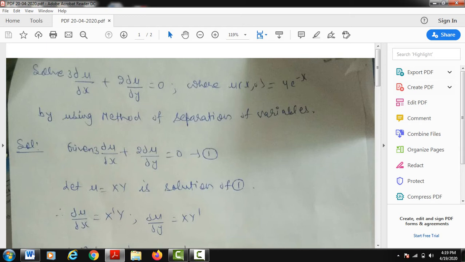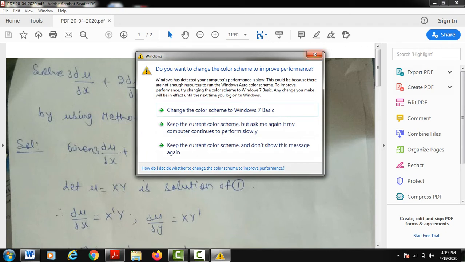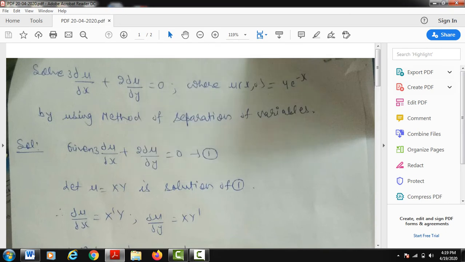How it works in practical life. In the very first step, we assume that the dependent variable is equal to the product of the independent variables mentioned in the question. That is the solution of the given equation. Now, the factors which we need in the given equation, we will evaluate from this solution, and then I will put back all these values in the given equation. After that, I will rearrange the equation in such a manner that the variables can be separated. That is, one side contains only one variable's factors and the other side contains the other variable's factors.